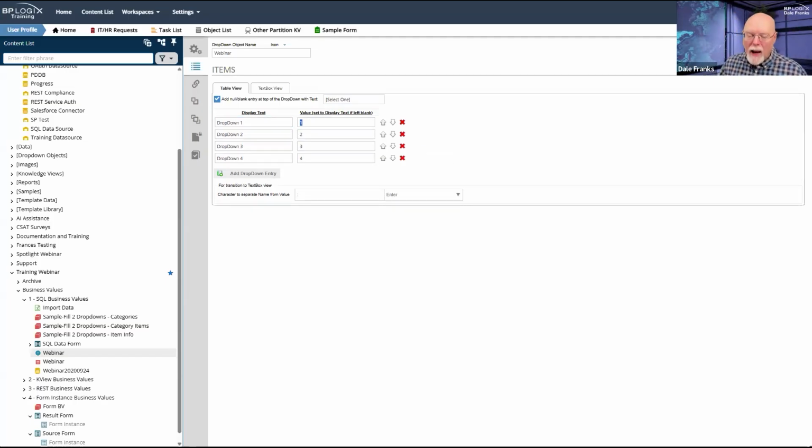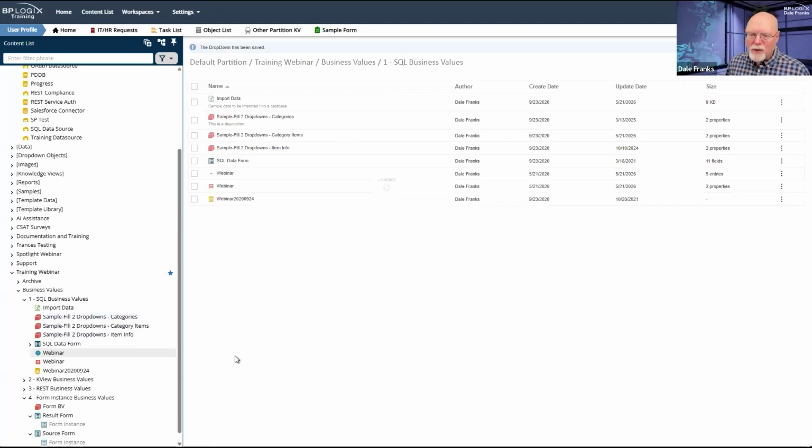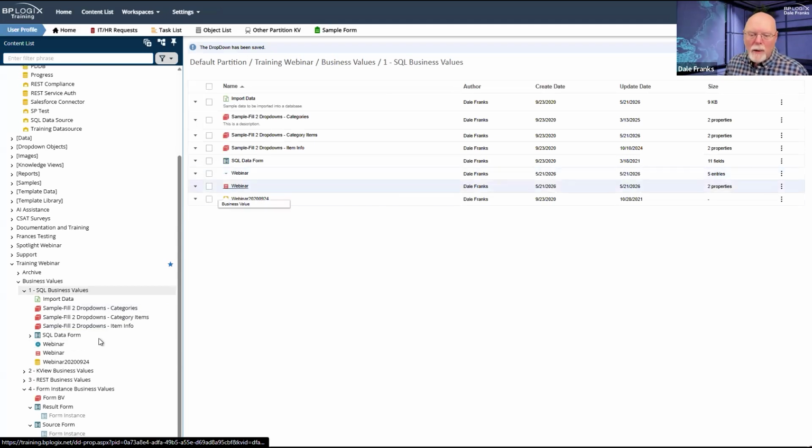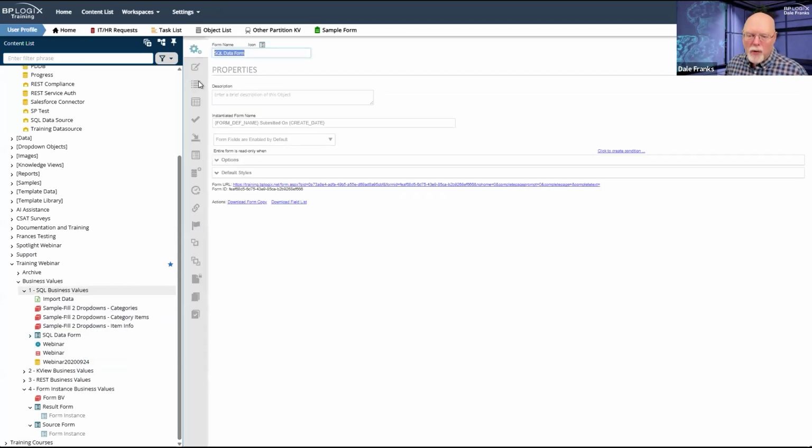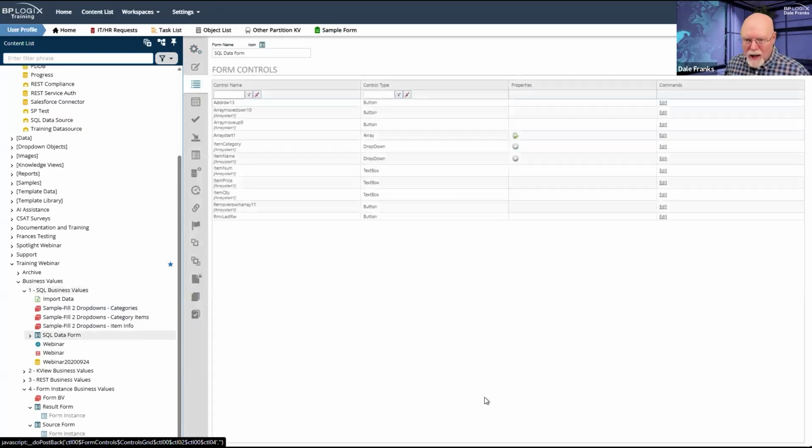And when I am configuring a drop down object on a form, if I go to the form controls tab for a drop down object, so let me just go ahead and save this. So I now have a drop down with 4 options, right? And this drop down is called webinar. So on my form, if I go into the form controls tab or in the design console of the online form designer, and I go to one of these drop downs,